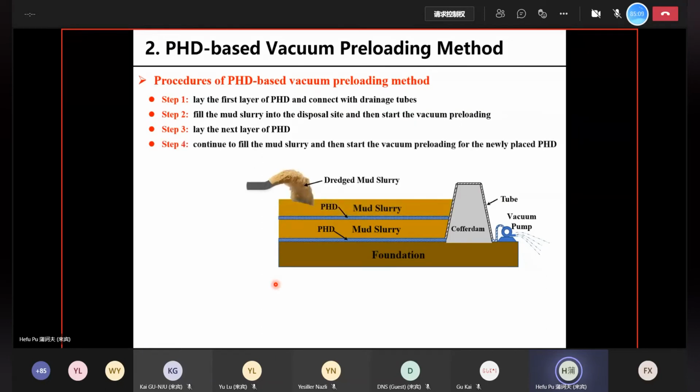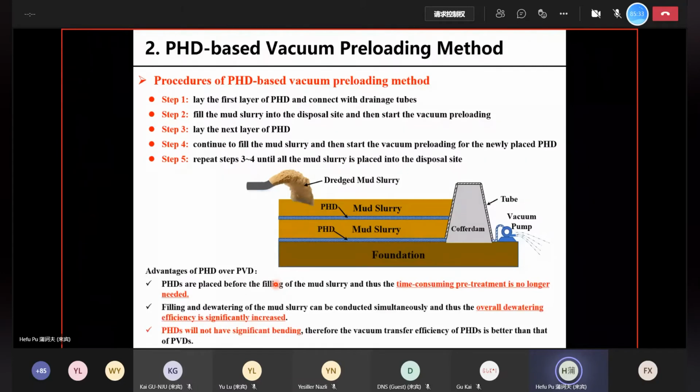place the mud slurry into the disposal site and then start the vacuum pump to pump out water. So we repeat this process over and over again until all of the slurry is placed into the disposal site. So conceptually, it is easy. We simply replace a vertical drain with horizontal drain, but the benefits are